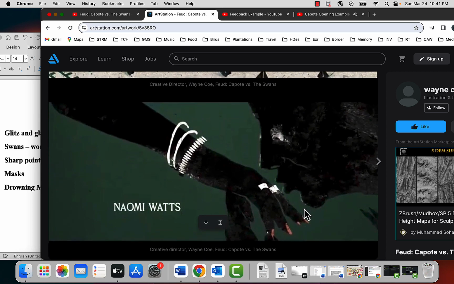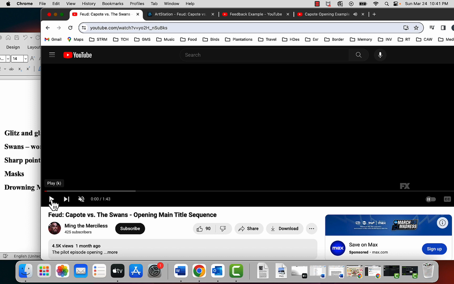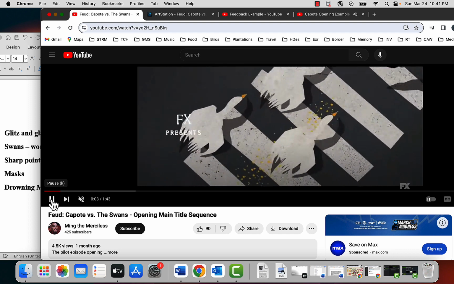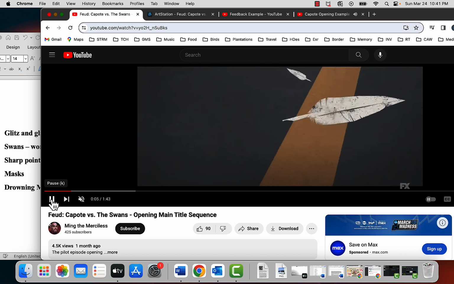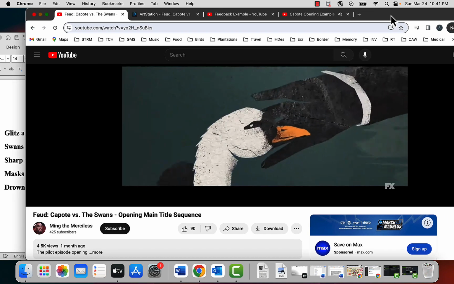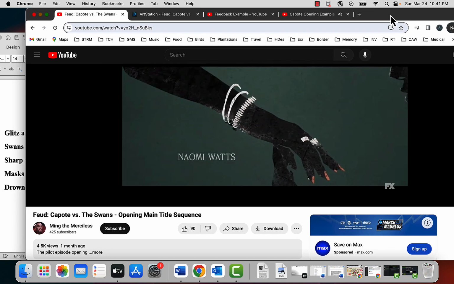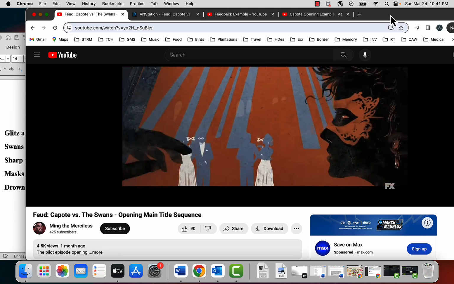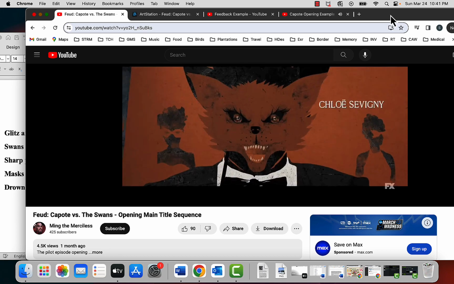And then there's a scene at the end that I'll talk a little bit about. I'm going to run it through without the music and talk a little bit while I show that to you as well. So you see here the black and the white, and the swans are following Truman Capote. There's the feather. He's got the feather that he's going to stab them with, cause them to bleed, and there he is leading them along. And you can see here still the single colors, more masks.